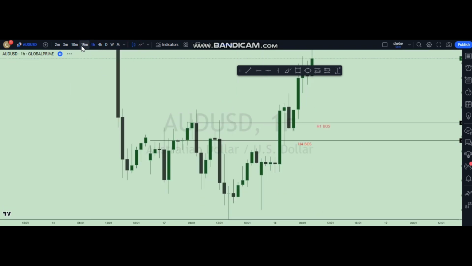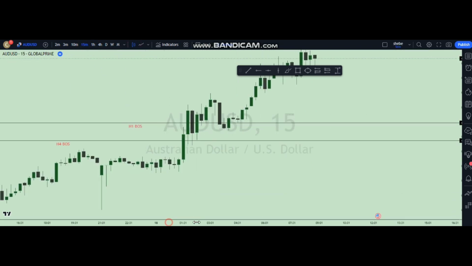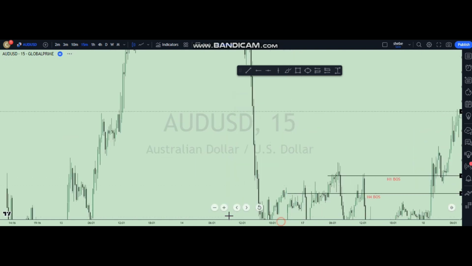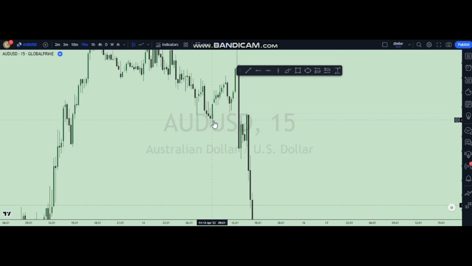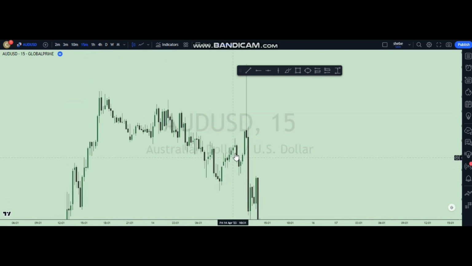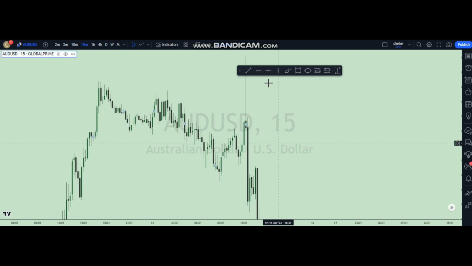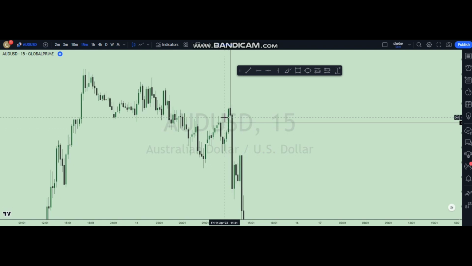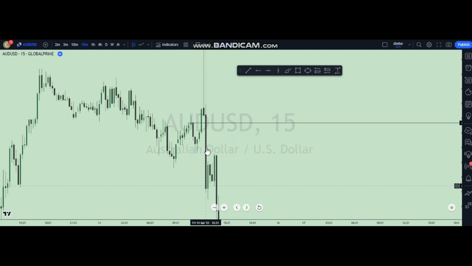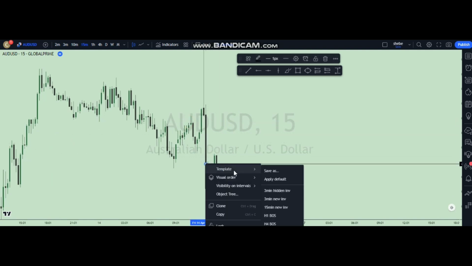After doing so, we just go to the 15 minutes invalidation point. If you come to the 15 minutes, this was low, this was high, this was low, this was high, and we see the break over here. This was low, this was high, this was low. When the price broke above here, this one became our 15 minutes invalidation point. But when the price came to test this one, it did not reach this 15 minutes invalidation point. Hence, this point became our new 15 minutes invalidation point.